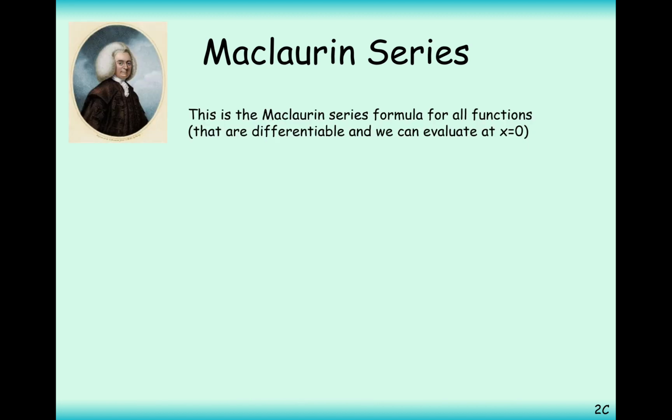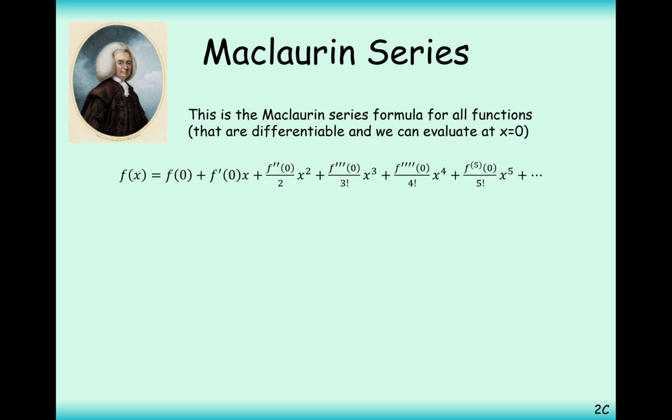So this is the Maclaurin series formula for all functions that are differentiable, and we can put in x equals 0 into it. So luckily you get this in the formula booklet, so what you need to be able to do is to differentiate functions lots of times, put in 0, and then put in the coefficients here, here, here, here, here, and here. It's always going to have an increasing power of x on it. You just need to work out what the coefficients are of these